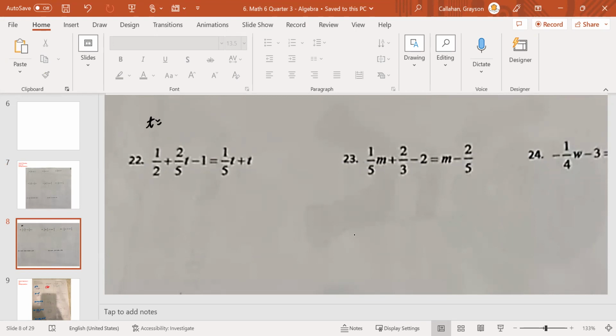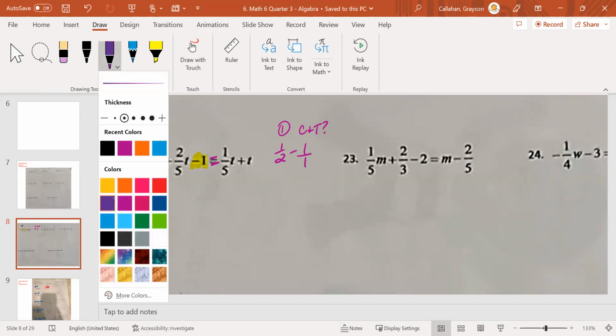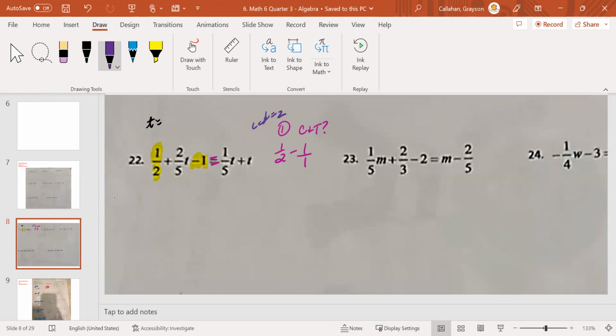If you take a look at everything on the left side of the equal sign, you've got to ask yourself, are you able to combine anything? So combine like terms on the left side. And I see here that you have 1/2 and a -1. Those are the two that don't have a letter associated with them, so you have to combine that. This is going to be a 1 out of 1, and then your lowest common denominator is going to be a 2. So multiply this by 2. That'll give you a 2. That'll give you a 2. 1 minus 2 is a -1/2. So this right here, when you combine it, is -1/2 plus 2/5t equals, take a look on the right